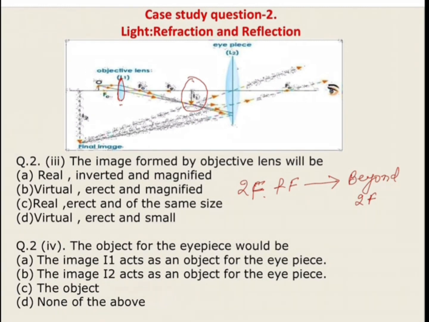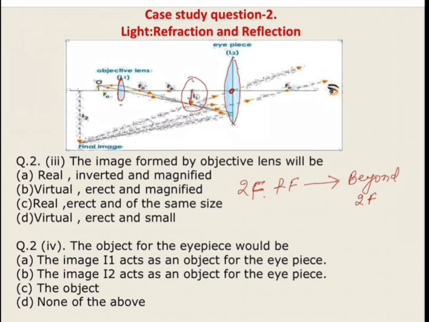Okay. Now this image formed by objective lens acts as an object for eyepiece. Now this object is placed between optical center and principal focus of the lens.